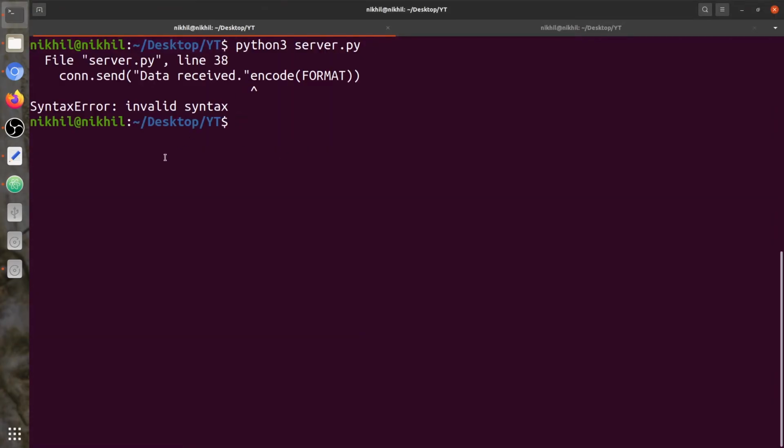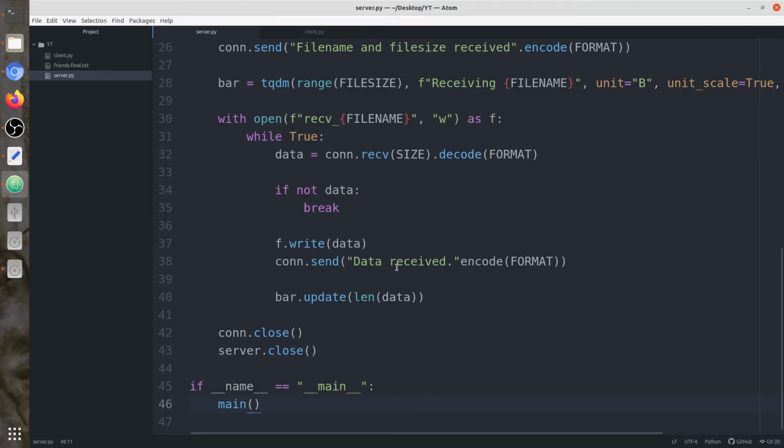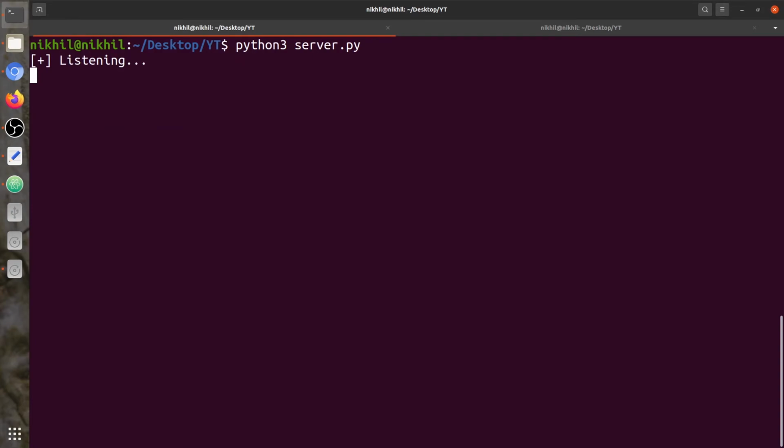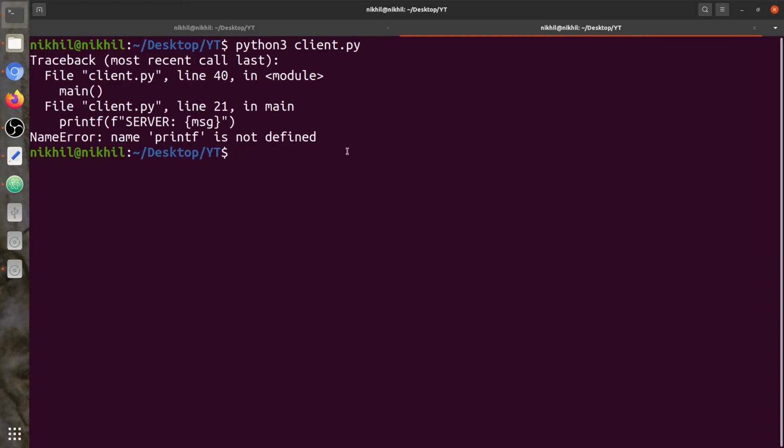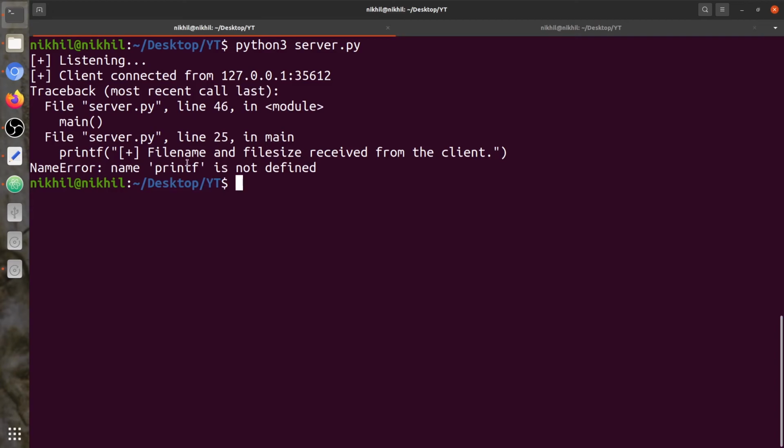Okay, there's some issue on line number 38, and I know what it is. It should be here also, and it should be here. Okay, now you can see it's listening for the client. I have written printf here, and I know what the issue is.